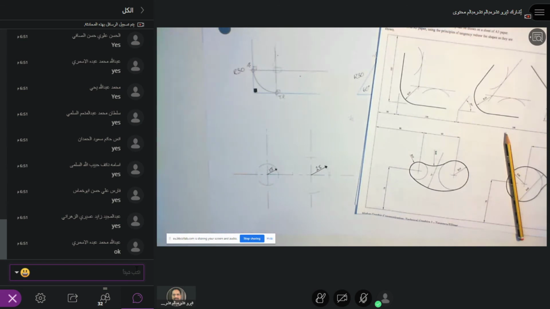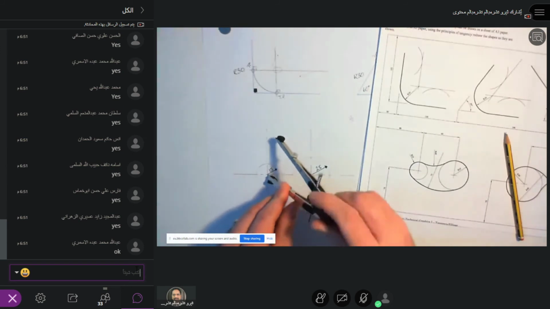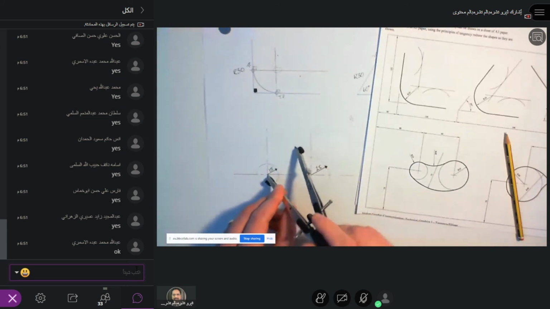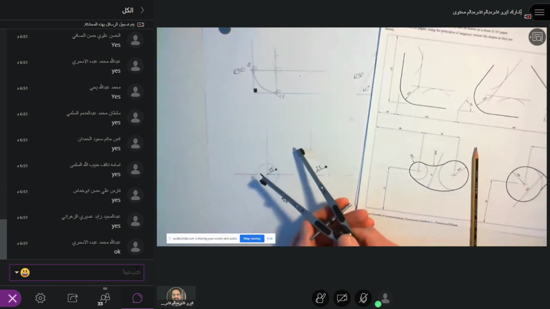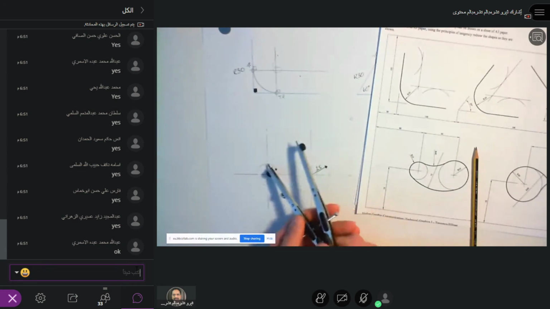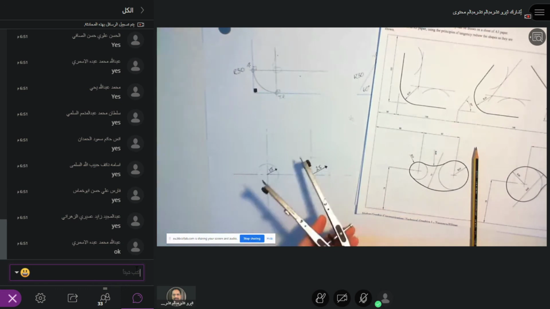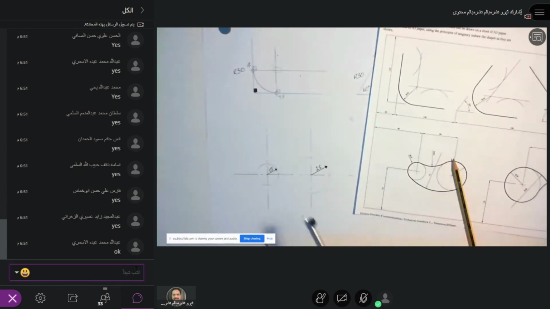Be really careful with this because even the slightest little error can make a difference. So it's set to 55. Put the centre of my compass here. That's a fixed point, and I'm just going to draw a bit of an arc. Now somewhere along that arc, the centre point of my compass is going to be placed in order to draw the curve which comes round and joins these two circles here. But I don't know whereabouts it is. I know the radius I'm going to set it to: the radius is going to be 40.